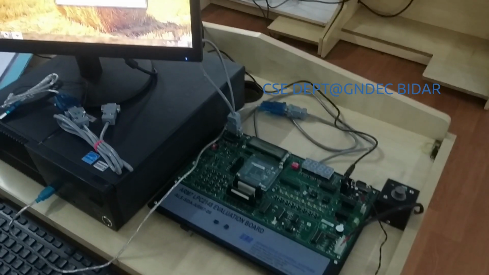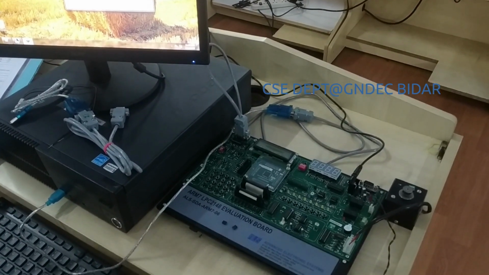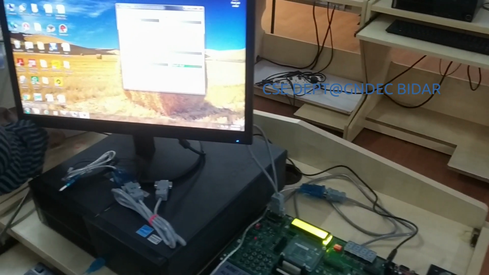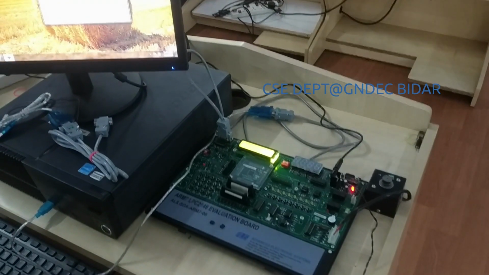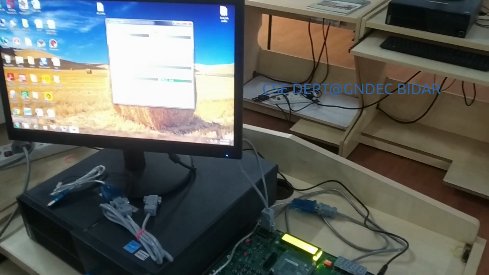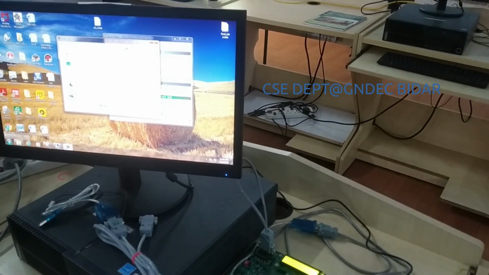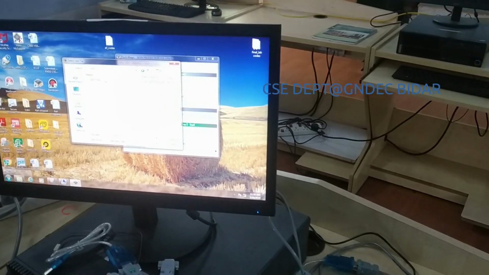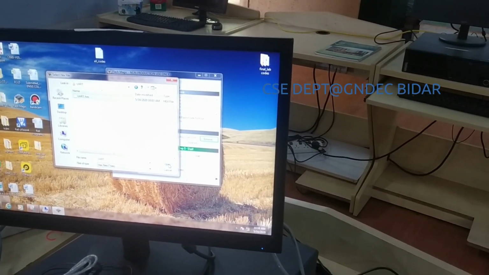So let us begin the experiments one by one. First I will switch on the things. Now I will execute the 9th program, that is Hello World, using UART. For UART you can go to my videos for session 3, where I discussed UART in detail theoretically. Now let us look at the practical.